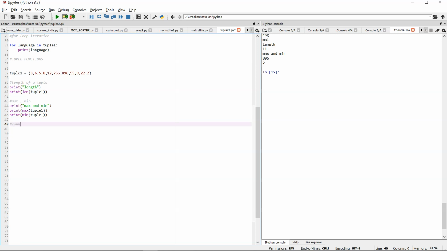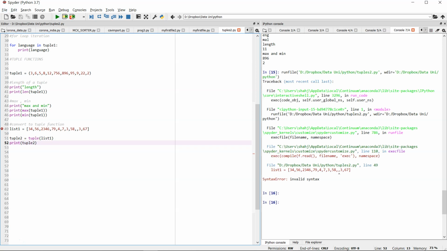the convert to tuple function. Now what this does is, it'll take any element and convert it to a tuple if it's possible. So let's take a list 1. Let me give it some values. Okay, so this is list 1. Now what I'm going to do is tuple 2 is equal to tuple function of list 1. And then if I do print tuple 2, it's going to give me